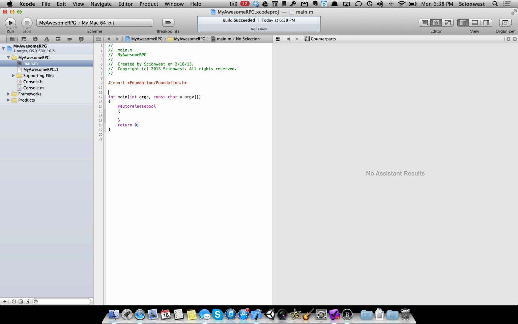So now we can go back to our main and we can just import our console, and because they are class methods, we do not need to instance an object. We can just come here and we can type in console write welcome to my awesome RPG,